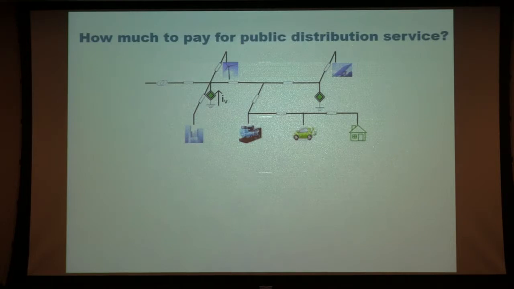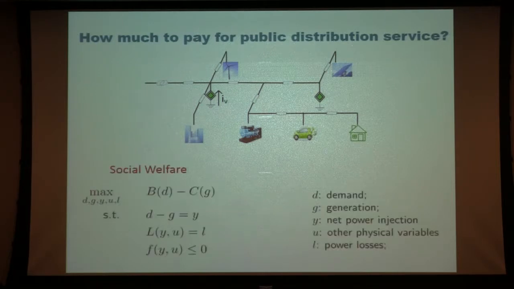Borrowing from the standard economics rule, we can look at exactly what our objective is. Here I provide one distribution network. In the distribution network, usually the network structure is simpler than the transmission network. What I mean is, for example, here I draw the network like a radial network or tree network. Sometimes you can also introduce some other cycles, but it's much simpler than the transmission network. Taking this network example, I first want to ask the question, what is our objective?